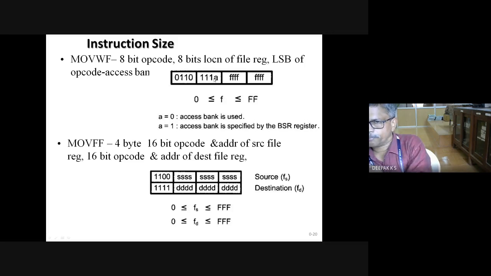ഈ 8 ബിറ്റ് ഓപ്കോഡിൽ 1 ബിറ്റ് ആക്സസ് ബാൻഡ് സ്പെസിഫൈ ചെയ്യാൻ ഉപയോഗിക്കുന്നുണ്ട്. അപ്പോൾ എഫക്റ്റീവ്ലി യു ഗെറ്റ് ഓൺലി 7 ബിറ്റ്സ്. അപ്പോൾ ഇൻസ്ട്രക്ഷൻ സൈസ് പറയാം, ഇൻസ്ട്രക്ഷൻ സൈസും നോർമലി 2 ബൈറ്റ്, പക്ഷെ ചിലത് 4 ബൈറ്റ് ഉണ്ട്. മൂവ് ഫ്രം 1 ഫയൽ രജിസ്റ്റർ ലൊക്കേഷൻ ടു അനദർ ഫയൽ രജിസ്റ്റർ ലൊക്കേഷൻ ഇസ് 4 ബൈറ്റ്. അപ്പോൾ 16 ബിറ്റ് ഓപ്കോഡ്, 8 8 16,